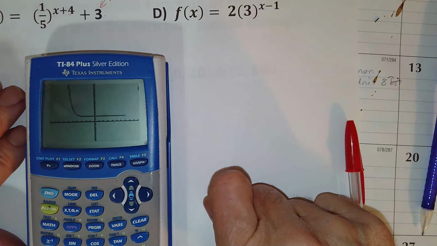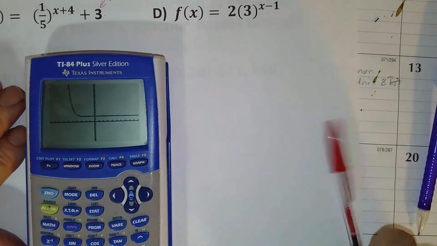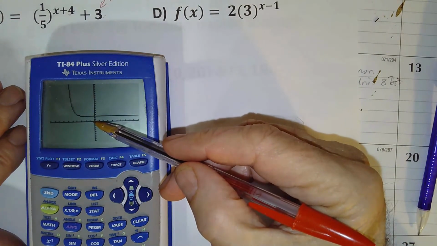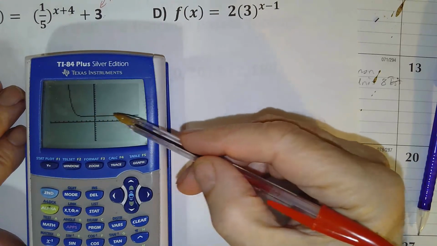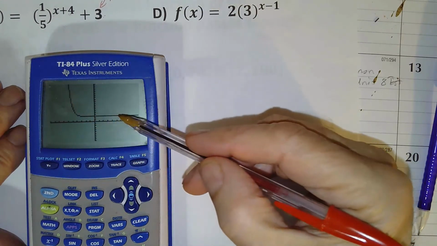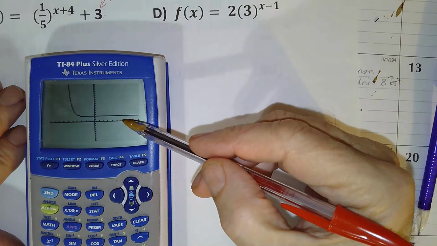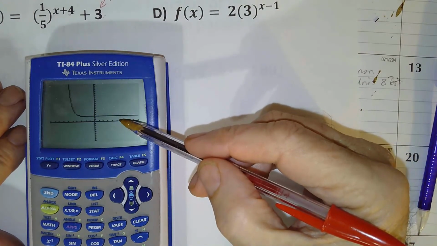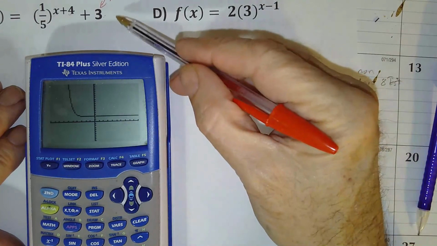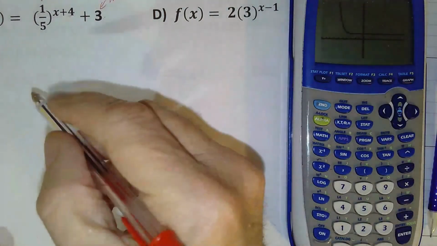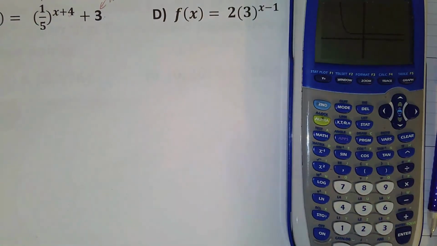Oh, very interesting. Okay, so you see what's happening here. You can't quite read it down here, but these are cut up really small. The reason why the lower portion of the exponential function, which is obviously decaying, is so far above the x-axis is because of the plus 3. Okay, so what's happening here, if you were to graph this,